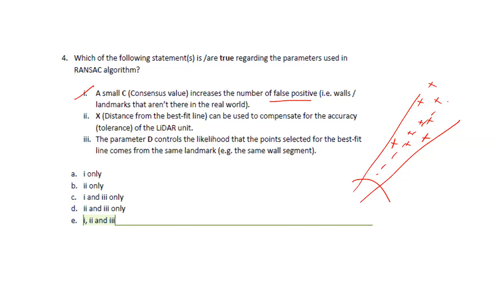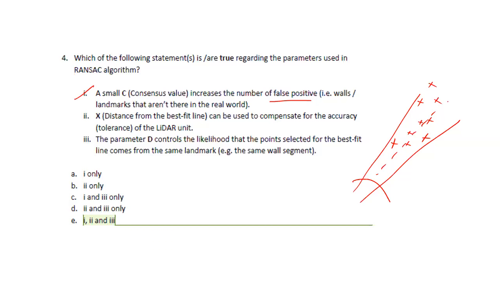Even though the current distance may be maybe 0.4 cm or something like that, we can say we can compensate and say that there's an accuracy of 10%. So I compensate and say I accept anything within plus minus 10%, and that can actually help to add on to my number of points for the consensus. So this distance that I get can actually be used to compensate for the accuracy in the LiDAR unit. So that is definitely true.